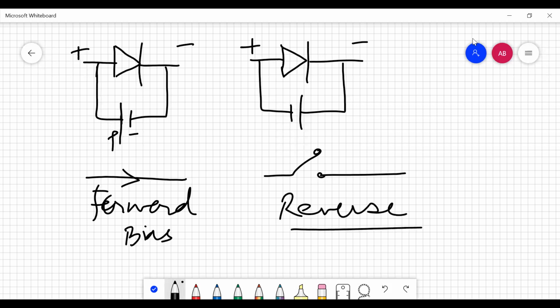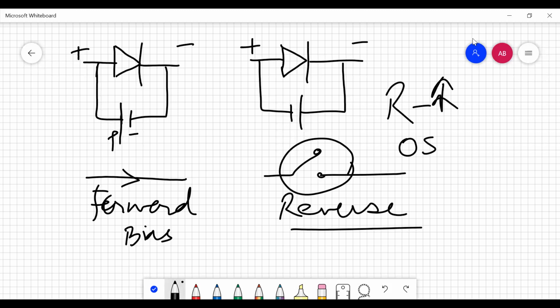When it is in reverse bias, the resistance is very high and the diode acts as an open switch. While in forward biased mode, the diode acts as a short circuit, so it easily lets the current pass in one direction. This is the reason, because a diode only lets the current flow in one direction, it is called unidirectional, right?